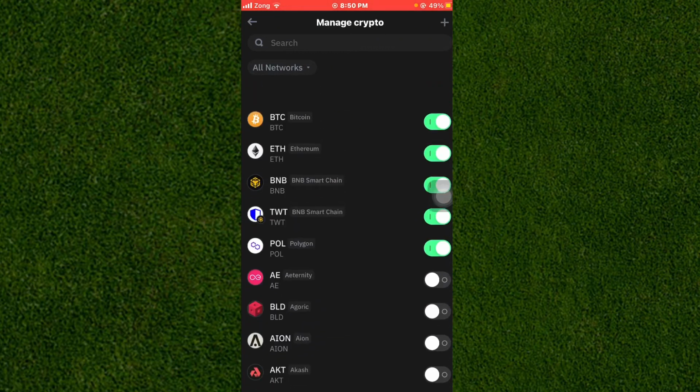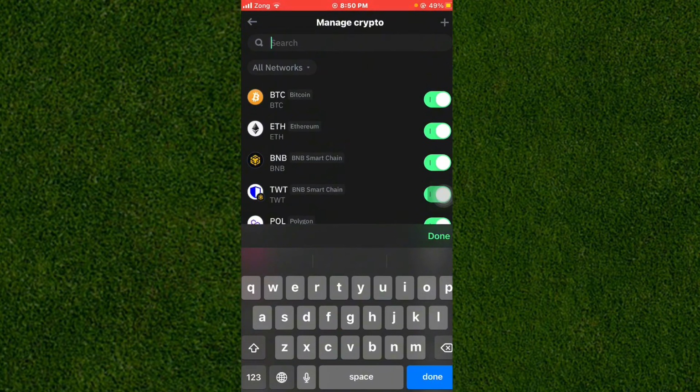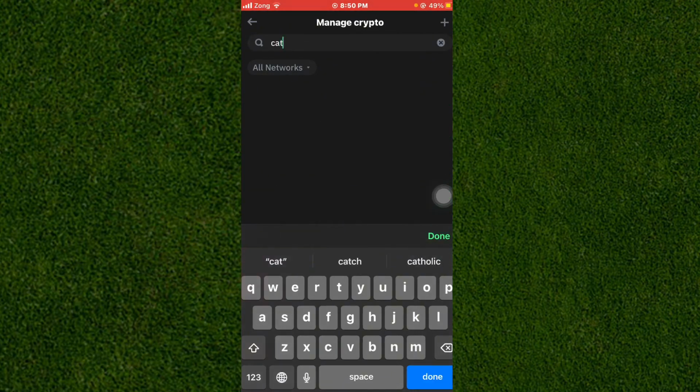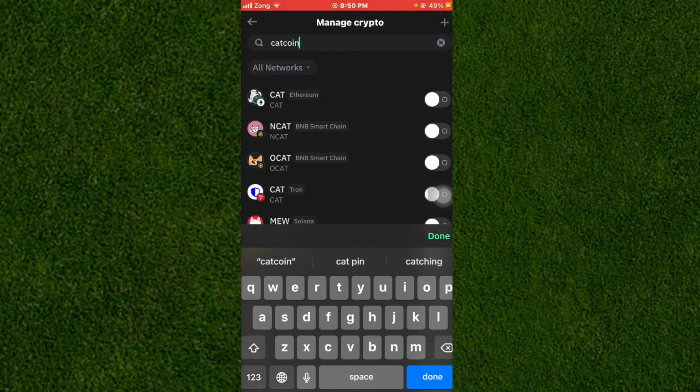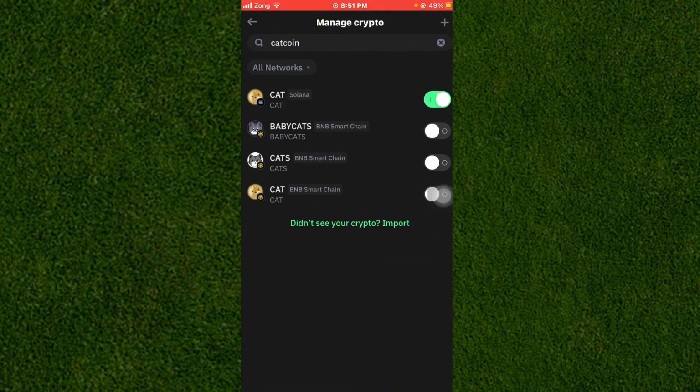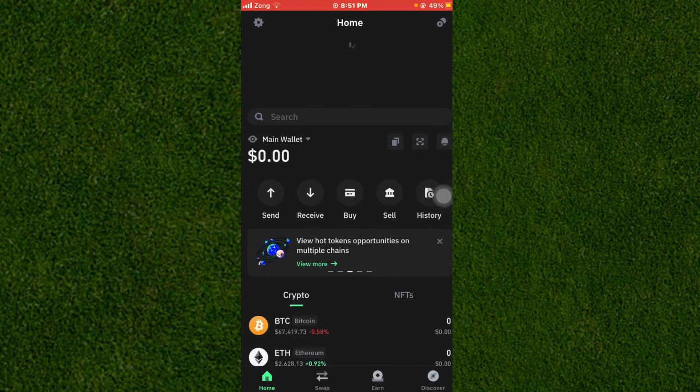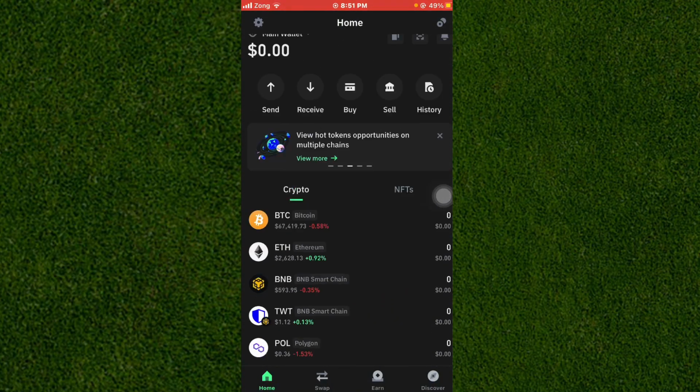option and then tap on the search bar, like I'll search for cat coin. Simply tap on it, search cat coin, and then you can see right here that cat coin is disabled. So tap on it and enable cat coin. Now cat coin was disabled, that's why it wasn't showing in my Trust Wallet. So after that, you can see cat coin is